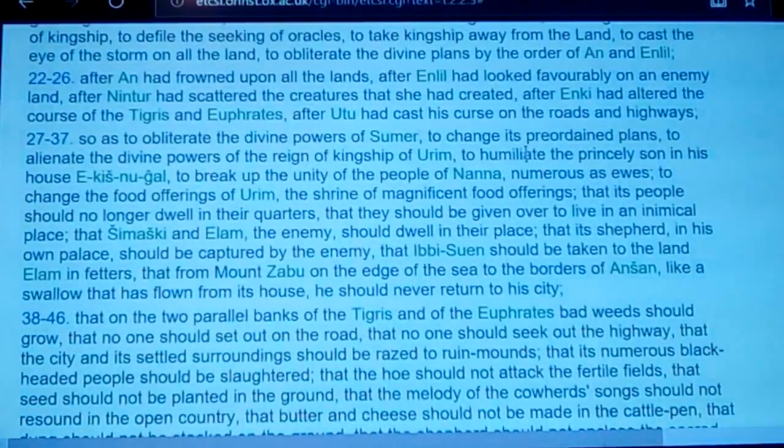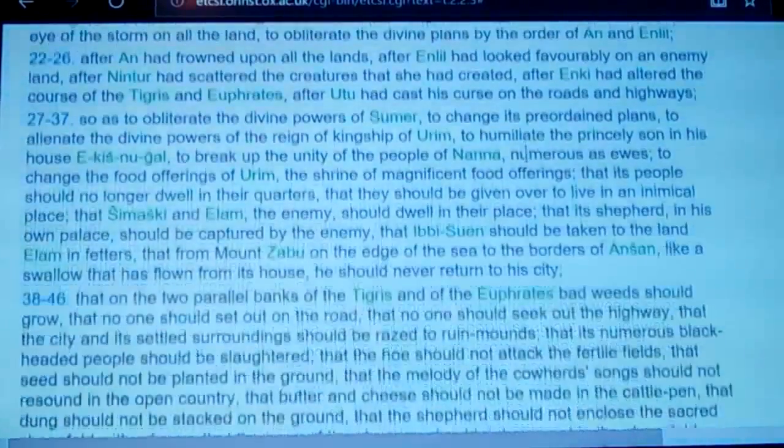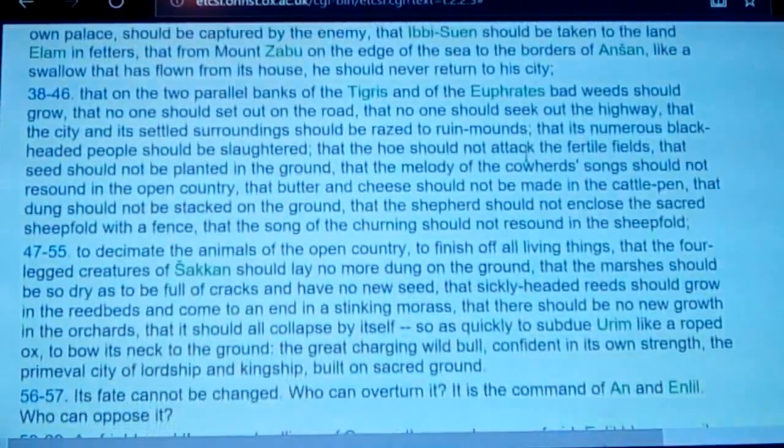From that Mount Zabu, on the edge of the sea, to the borders of Anshan, like a swallow that is flown from its house, he should never return to this city. So they're not going to return. They will not return. That on the two parallel banks of the Tigris and Euphrates, bad weeds should grow, that